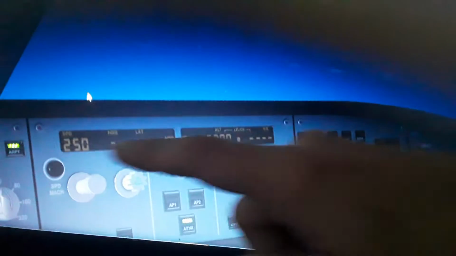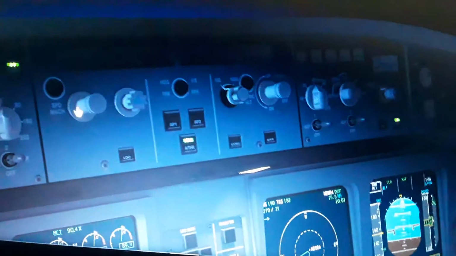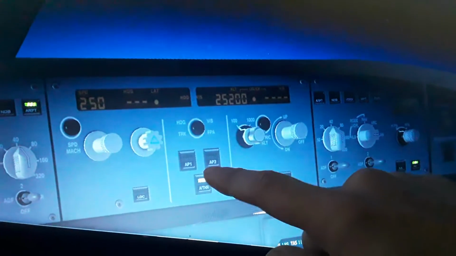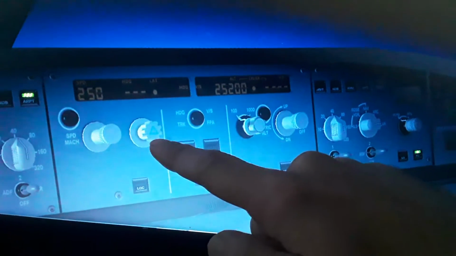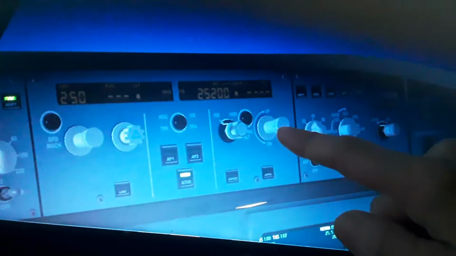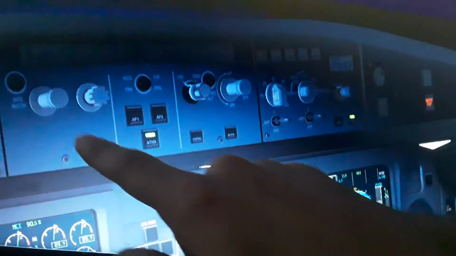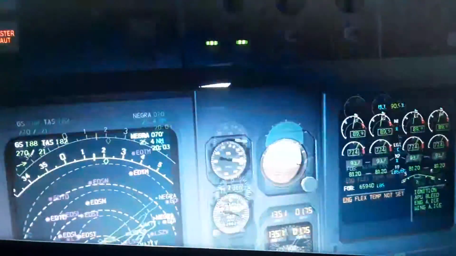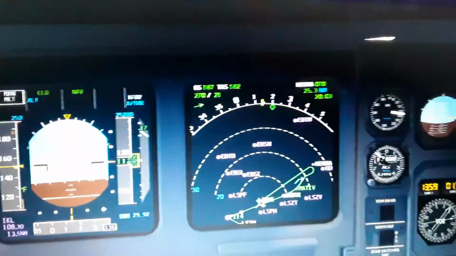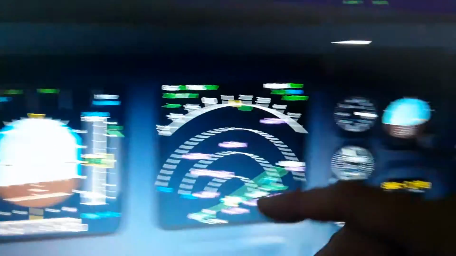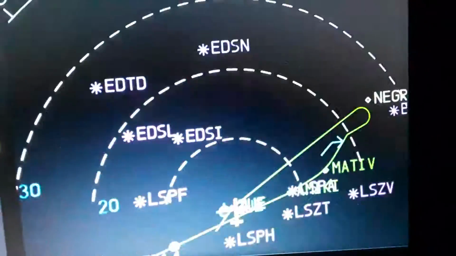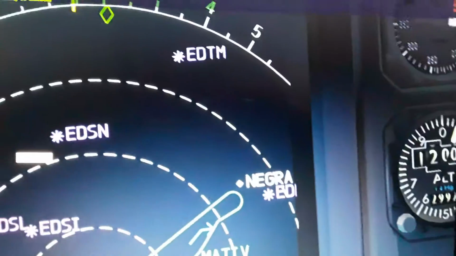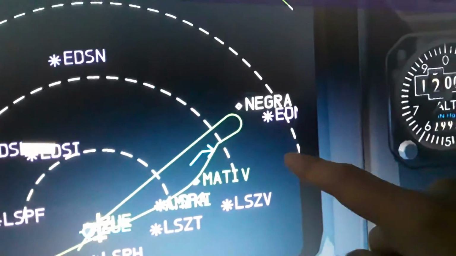And you can see it over here, the flight control unit, the autopilot unit. Here's autopilot 1, autopilot 2. This is the airspeed, the heading, the altitude, and the vertical speed. This is the localizer and the auto throttle, which is on right now. It's active. You can see it displayed with blue here in the flight mode annunciator. I'm gonna start making a turn now to the next waypoint